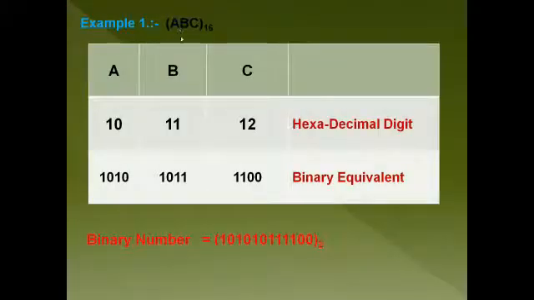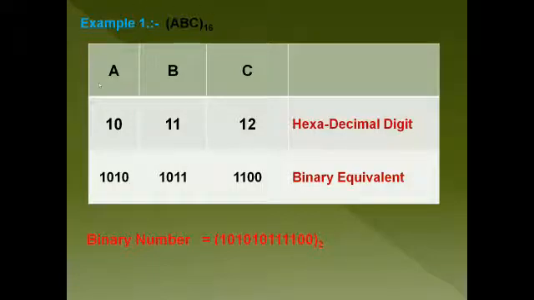Now this is the example to change hexadecimal to binary number. In the previous example I told you binary number to hexadecimal. Now this is hexadecimal number to binary number. As we know that the hexadecimal number system uses 16 digits, 0 to 15, so we can directly write the binary equivalent of each hexadecimal digit from 0 to 15 by using 4 bits.